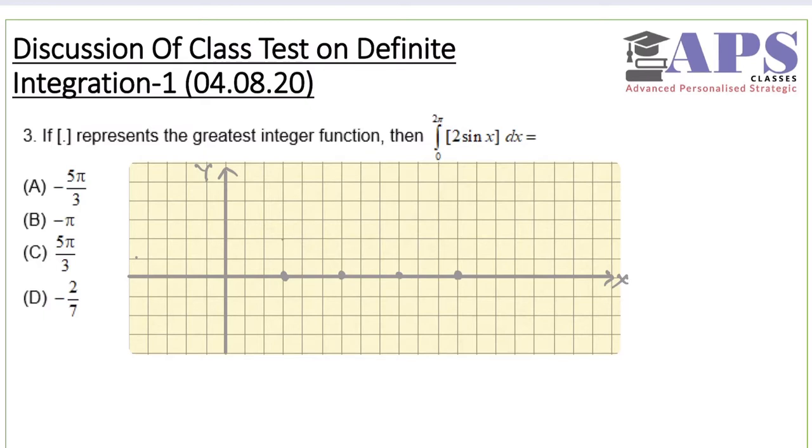Okay, for sin x it is 1, but for 2 sin x it is 2, so here it will go like this and it will come back this way. And at 3 pi by 2 it is minus 1, but for 2 sin x it is minus 2, so it will go like this. Okay, this is our 2 pi, this is pi, this is 0, this value is minus 2 here, this value is plus 2 here. This is the graph of 2 sin x.